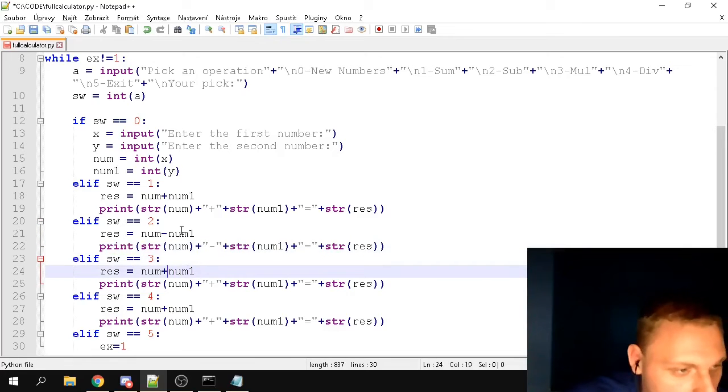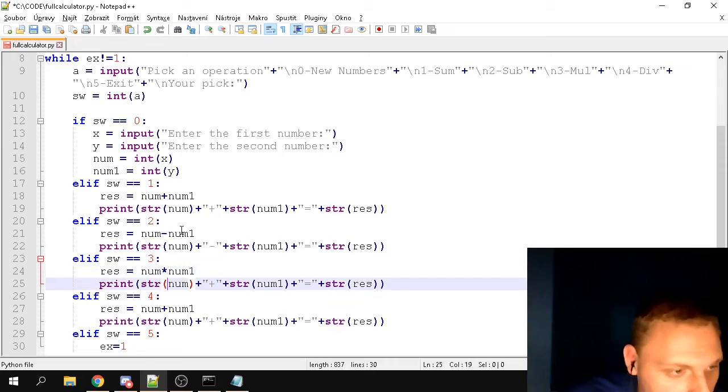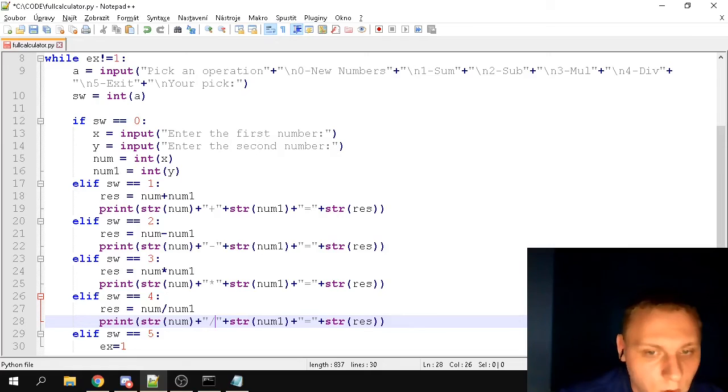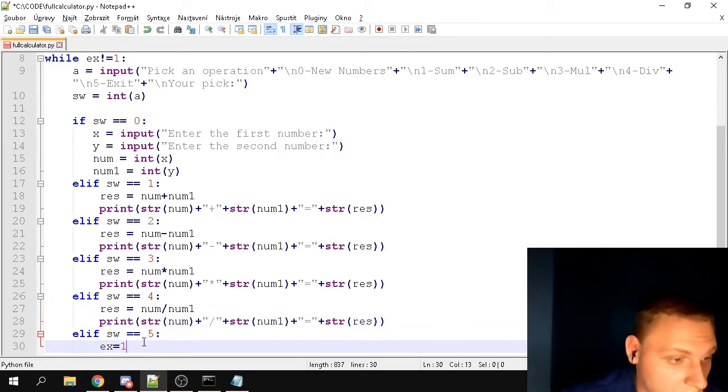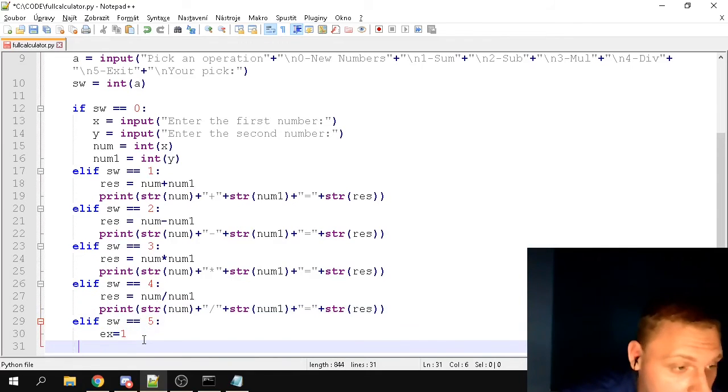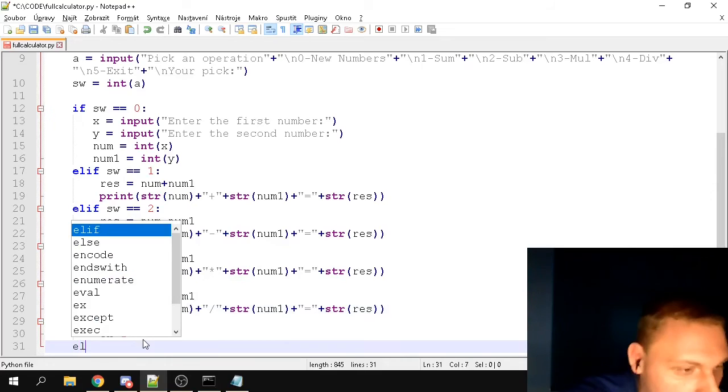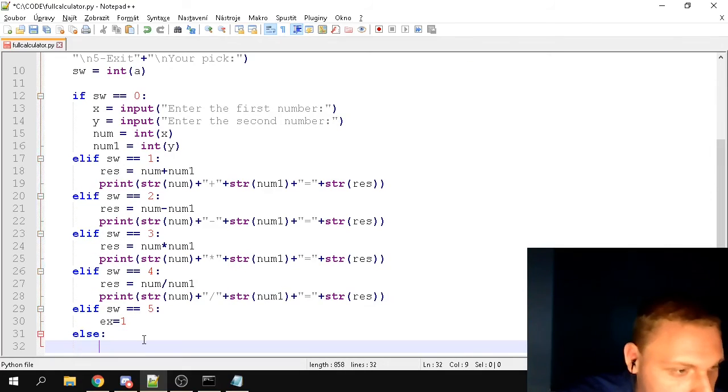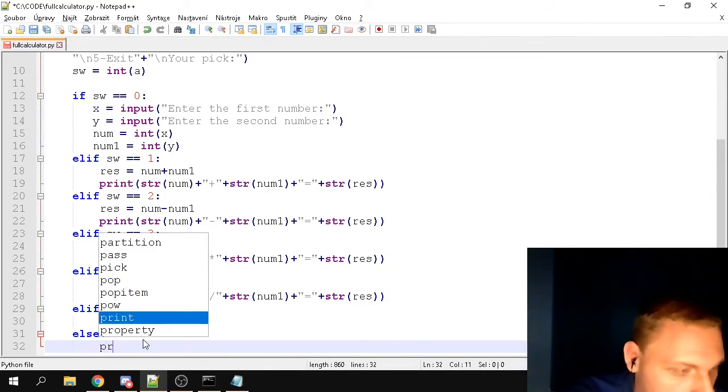Subtraction, multiplication, and this one has to be division, and here we're going to do division. Now one of the nicer things is, also one more thing, and if nothing was picked, we're just going to do the else statement here, and we're going to print out,